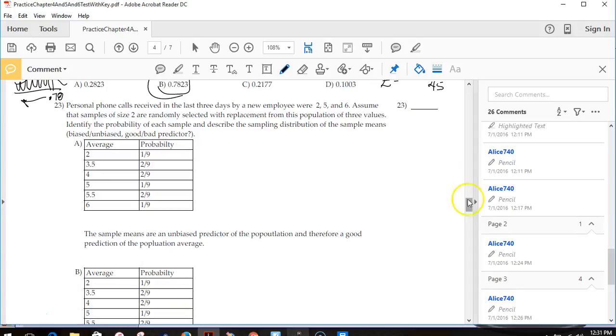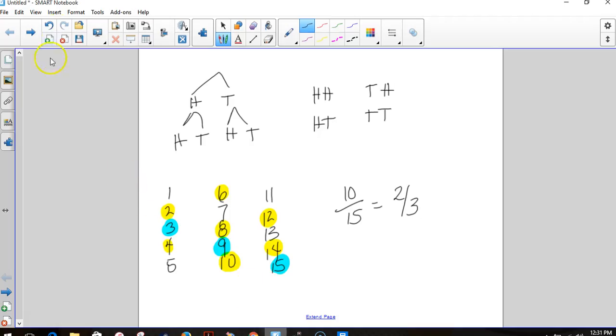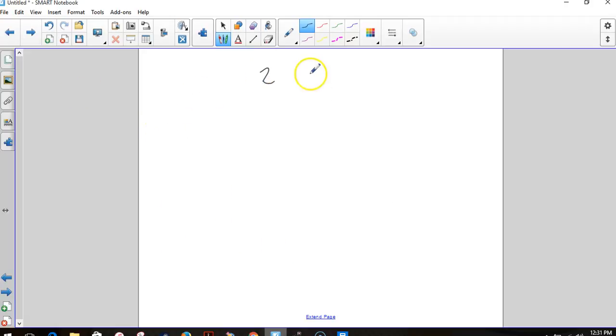Personal phone calls in the last 3 days were 2, 5, and 6. You want to find samples of size 2 with replacement, identify the probability of each sample, and describe the sampling distribution of the means. All right, so this one will have a box set up for you so that you know what you're looking for, and it's important that you give me this little sentence. 2, 5, and 6. If I write these down and put them on a piece of paper, when I pull out a piece of paper the first time,